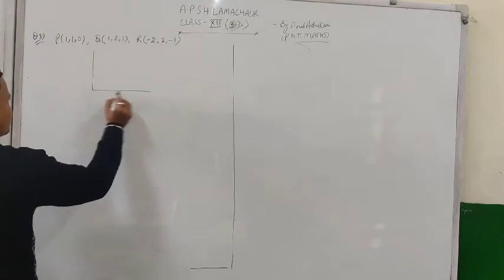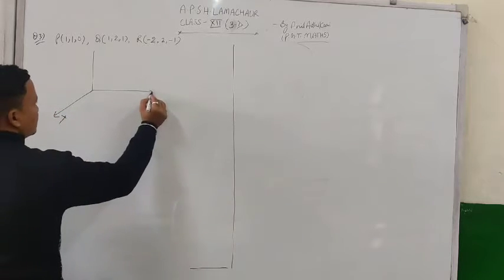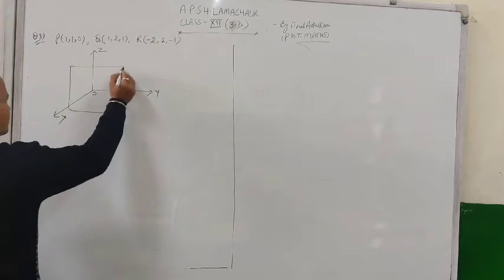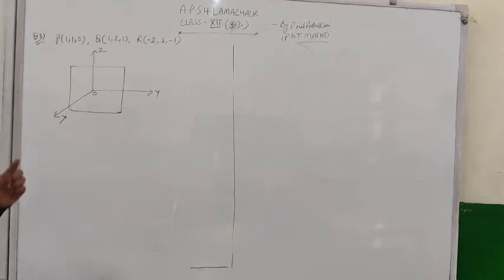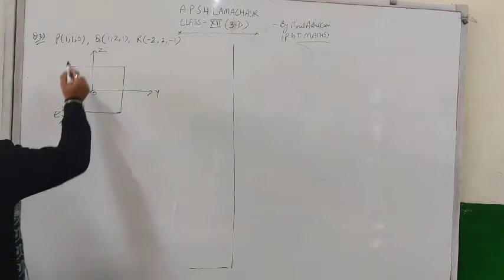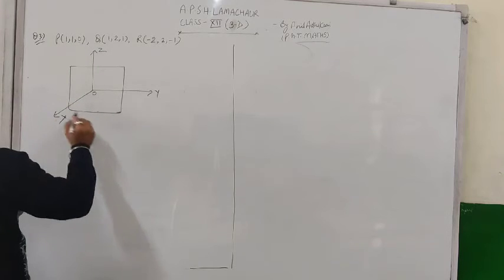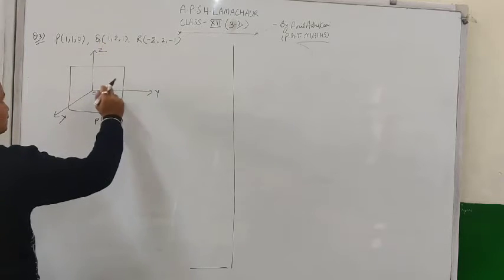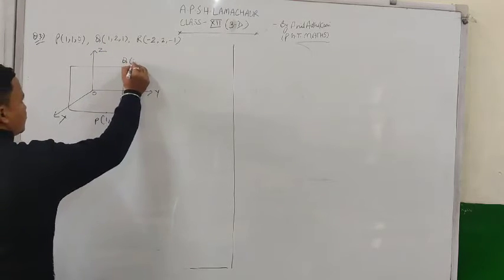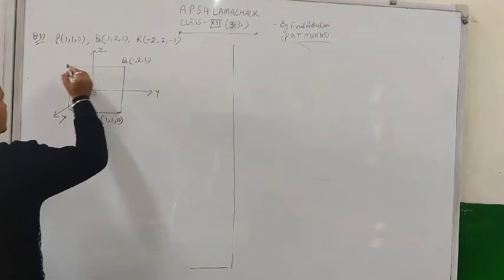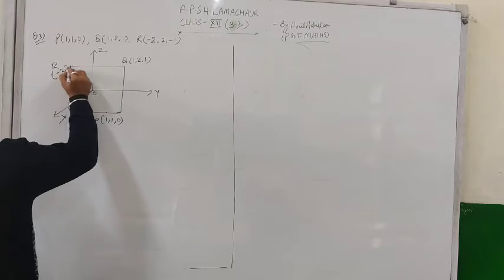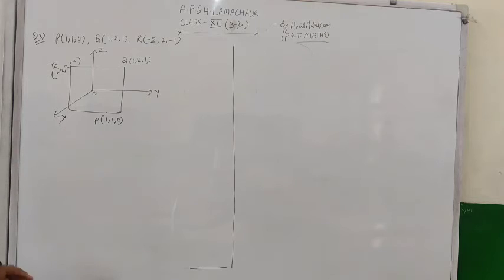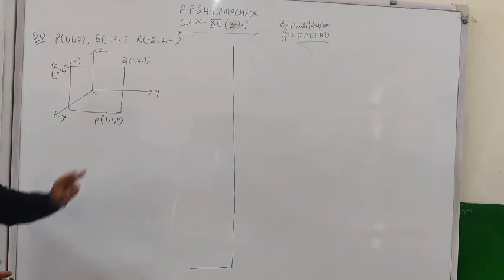So, first we will make a rough diagram for it. Let it be x axis, this one y axis, and this one z axis. This is the origin, this is the plane, say, and the choice is yours. For our convenience, we can plot the points anywhere. So, this is the z coordinate, here it is 0, so (1, 1, 0). Let the point be here (1, 1, 0). Next (1, 2, 1), so let the point be here, and (-2, 2, -1), let the point R be here. So in this way we have taken 3 points randomly, and all 3 points are lying on the surface of the plane, or you can say the plane is passing through the 3 given non-collinear points.